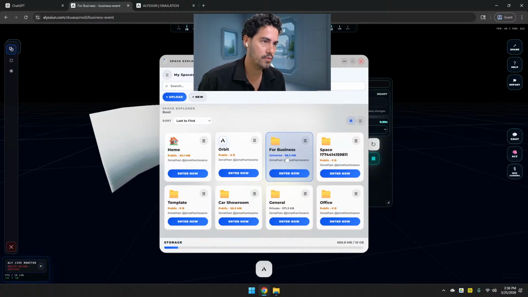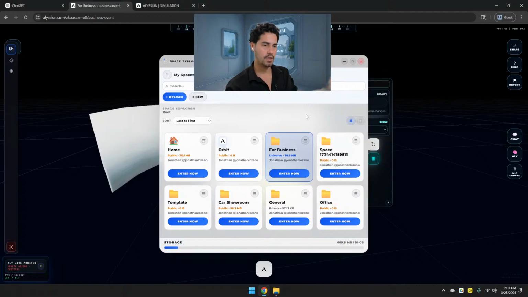You delete something from here, 1 GB, for example, or 100 megabytes of space, and then when you delete it, automatically it's going to the storage, and then in the storage you see all the files and assets and folders and everything you deleted. From there you can delete them one by one, each one individually, or you can just empty the entire trash bin, and then you're going to see in real time how the storage is going to decrease or increase.